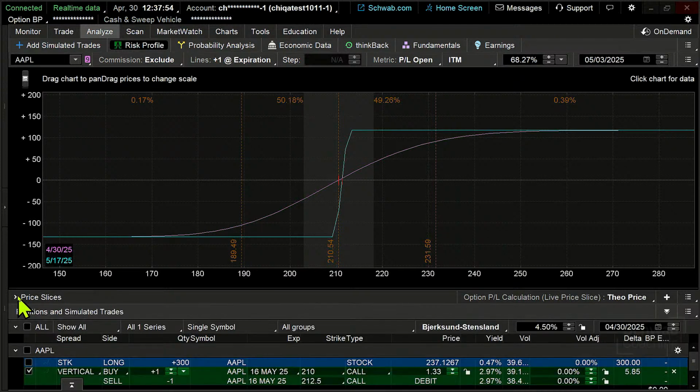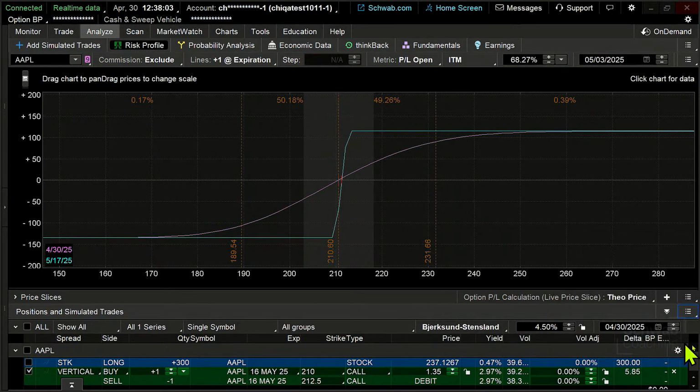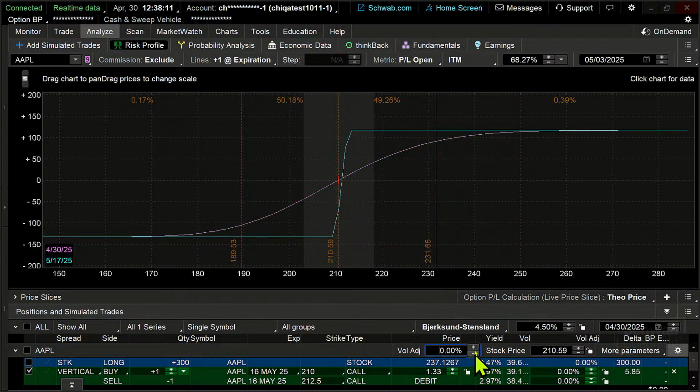The other place that we can see implied volatility here in the Analyze tab is if we open up more of our parameters here, right? Now we can adjust up or down implied volatility and see the impact that that has on our trade. So this gives us another way to gain a bit of a forward or backward look and a bit of a what if scenario playing here in terms of implied volatility. We can adjust that and see what the impact is on our position that we might be analyzing here on the Analyze tab. All right.